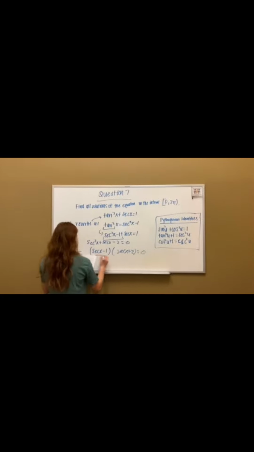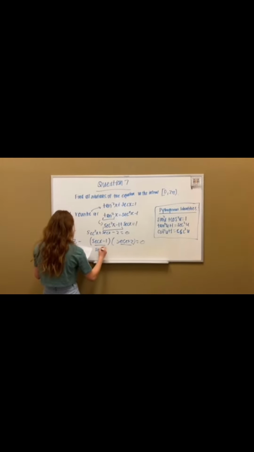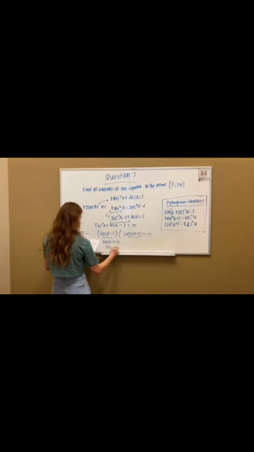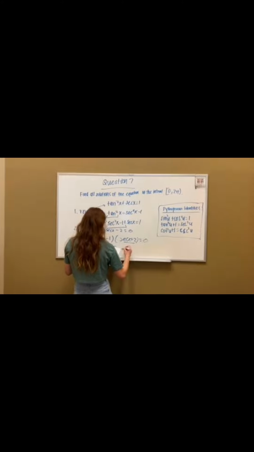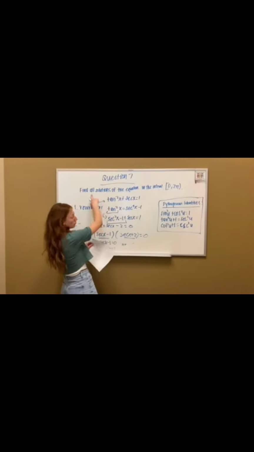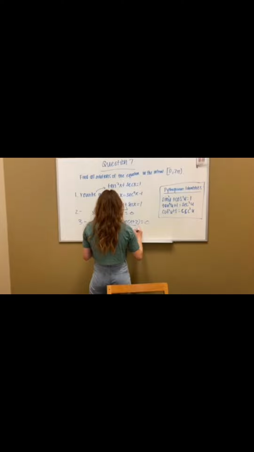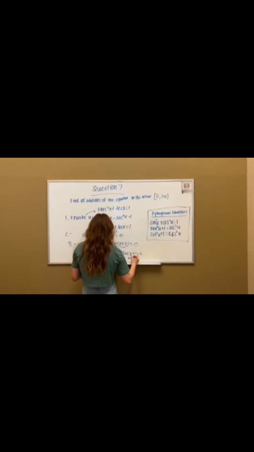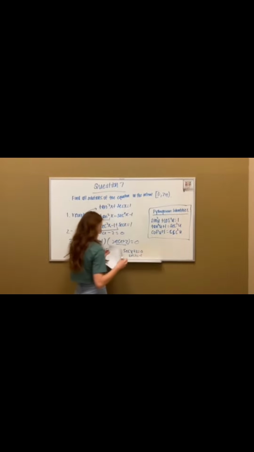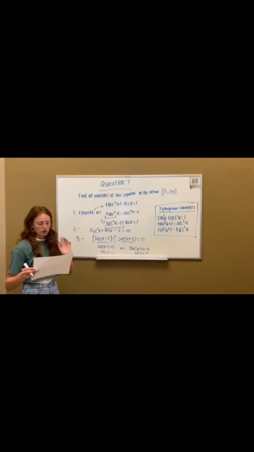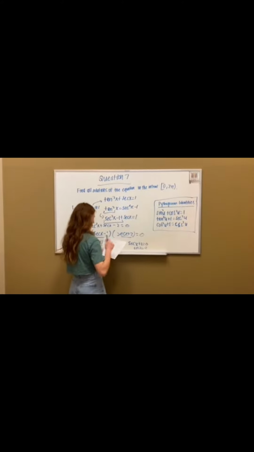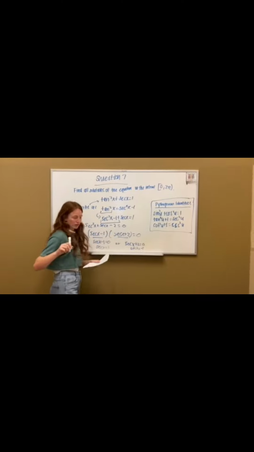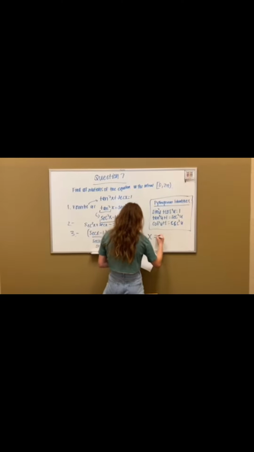That's our second group. And then from there we can go secant x minus 1 is equal to 0, which ends up being secant x is equal to 1. Or we have, because again it says find all solutions, so we have more than just one possible solution, secant x plus 2 is equal to 0, which then becomes secant x is equal to negative 2. And secant has the value of 1 at 0, and the value of negative 2 at 2 pi over 3, and then 4 pi over 3, which means that x is going to equal